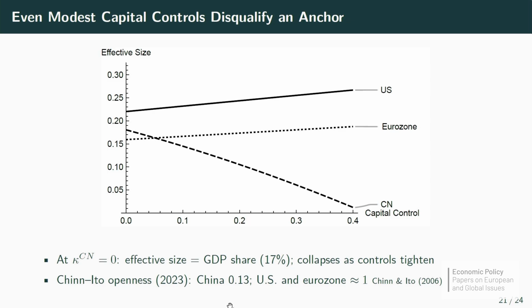How do you properly calibrate this? It's a little bit more tricky because you have to operationalize. You have to try to measure capital controls. One way of thinking about this is this Chinn-Ito index, which kind of tries to go around and tries to think about what types of capital controls are being implemented in various countries. And just to give out some numbers, the U.S. and Eurozone in this data set, they're at 1, meaning that they're freely open, whereas China is pretty close to the opposite end, meaning it's quite closed.